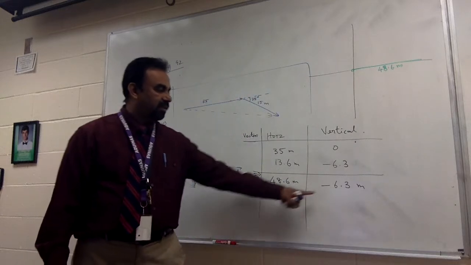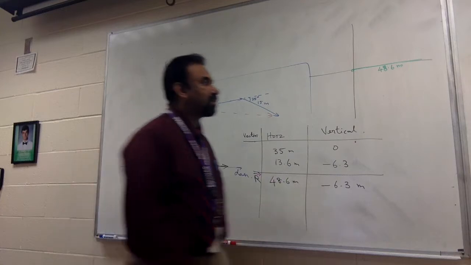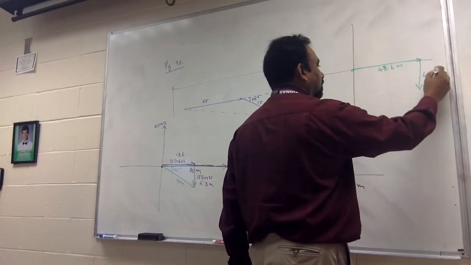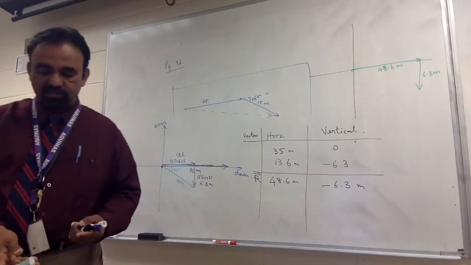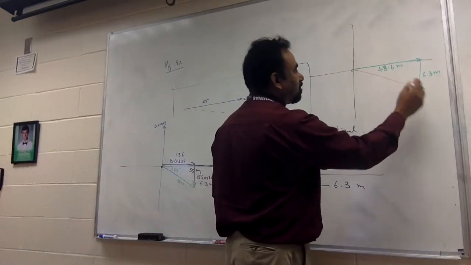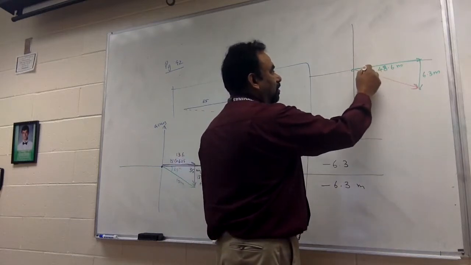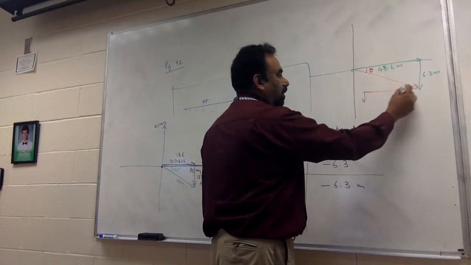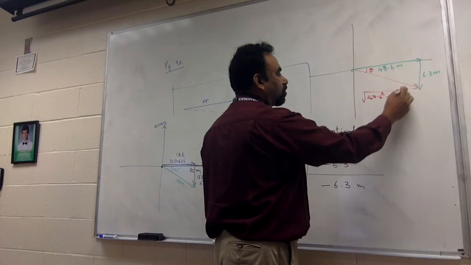And then what are you supposed to do after that? Go down 6.3 meters. So from here, go down 6.3 meters. Finish. You reach there. What is the resultant? The resultant is this, which is easy to find now because it's a 90-degree angle. So the resultant is found out by Pythagorean theorem, square root of 48.6 squared plus 6.3 squared, and the answer